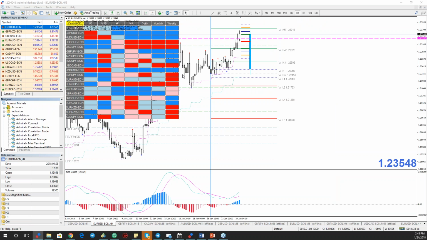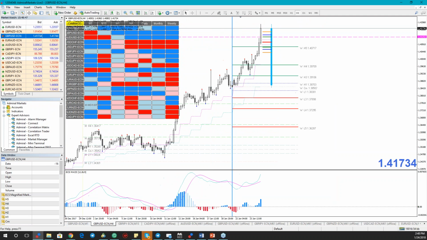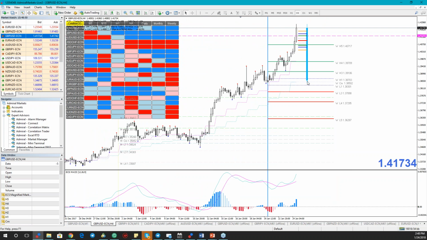So this is euro dollar, and pound dollar is relentless today. You see the weekly candle on pound dollar, it's very, very strong. And if you put Fibonacci on a weekly candle, you can see that this is a very strong momentum candle. And these strong momentum candles, we call them Marubozu candles. They can be very, very good to trade, but only if we get into retracement.